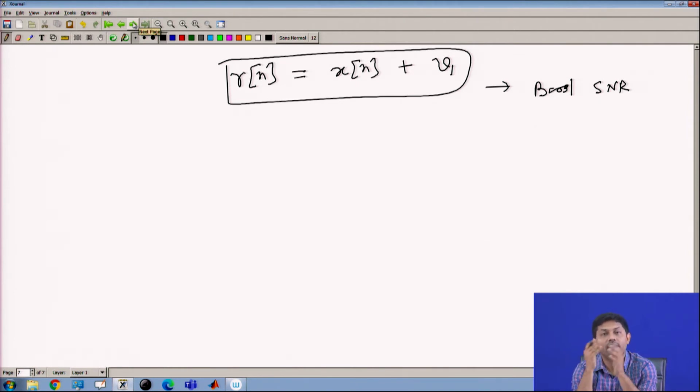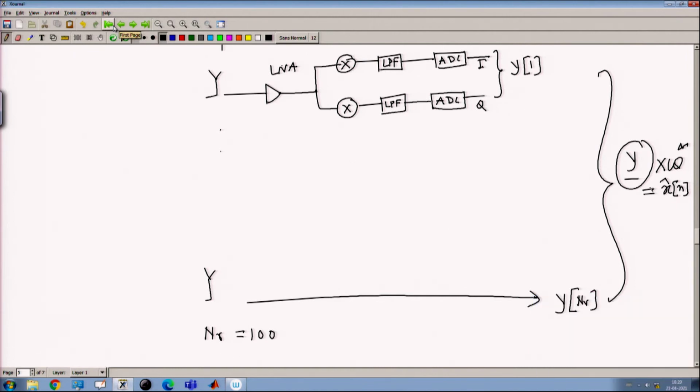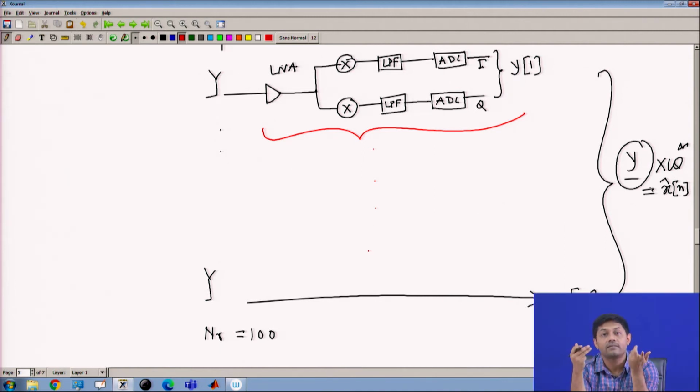So you cannot afford to do everything in the digital domain, because if you just leave it like this, each and every antenna needs its own RF and analog chain, and it will be repeated n number of times. So the cost of the IC chip, the cost of the complete system, will be very high, and also the power requirement is very high, because at each and every point you have a demodulator, a low pass filter, and an ADC. On a system on a chip, putting so many ADCs, so many analog LPFs, and so many RF circuits is not advisable. You can't really do that so easily.